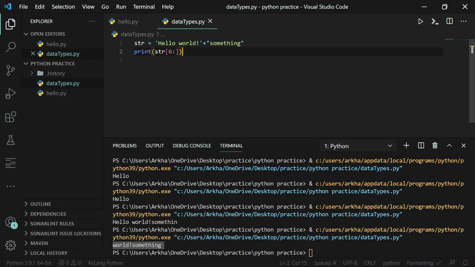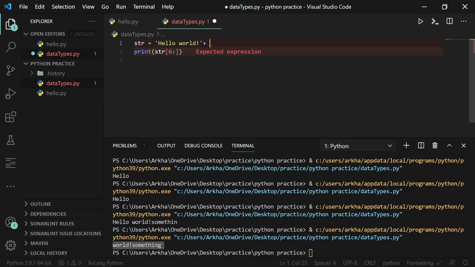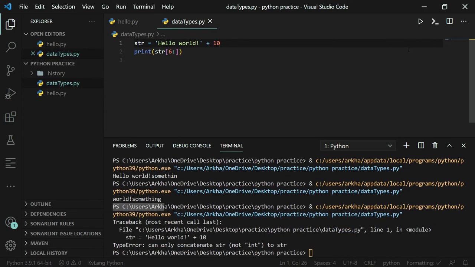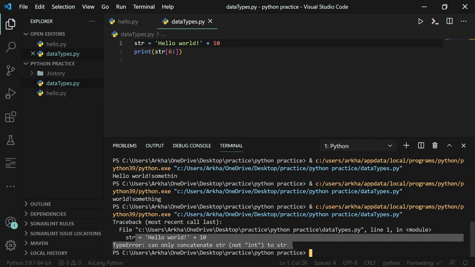So if you want to concatenate an integer with a string, we can't do that. Let's see. If we do this, then it will give error that you can see str can't be concatenated to an integer, string can't be concatenated to integer.